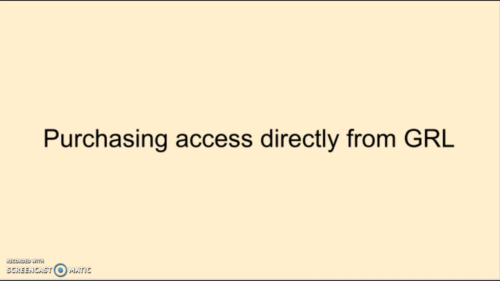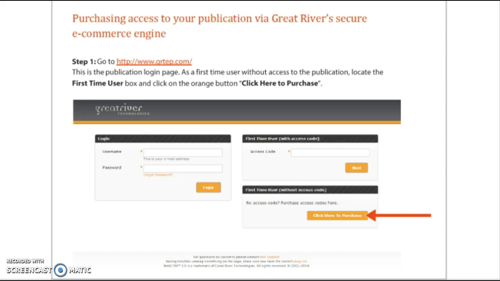Let's say that the bookstore runs out of access codes. Well, you can actually purchase directly from the publisher, and the price is the same whether you buy from the bookstore or the publisher. So to log in for the first time by purchasing directly from the publisher, what you want to do is go back to this same URL,